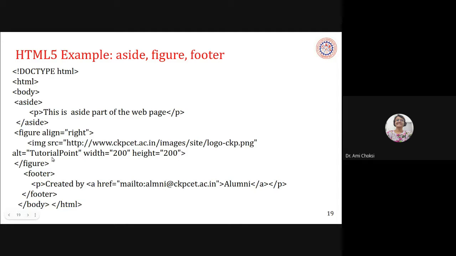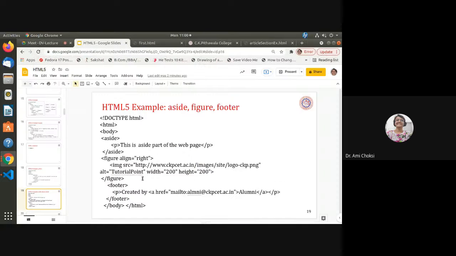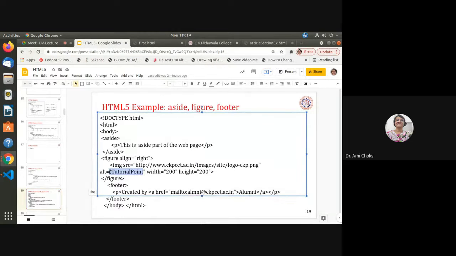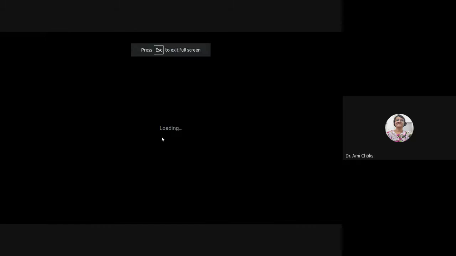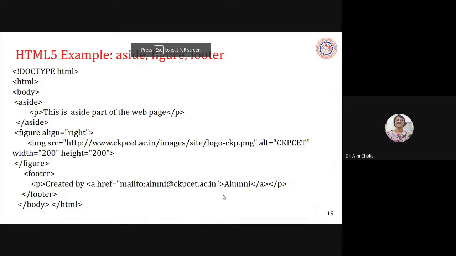And alt, that is the alternate text, if we cannot find the image. I have changed this in a file already. As width and height we can specify here. And end figure. After that we have the footer tag.